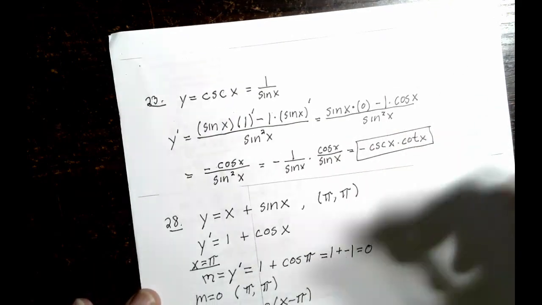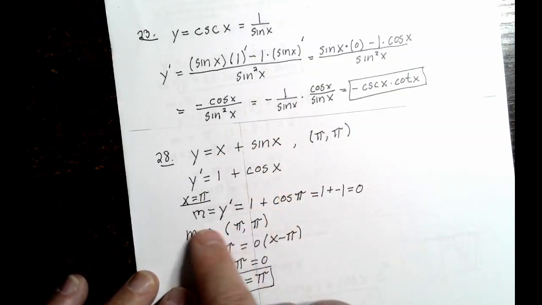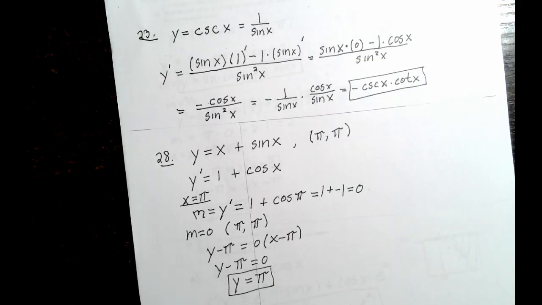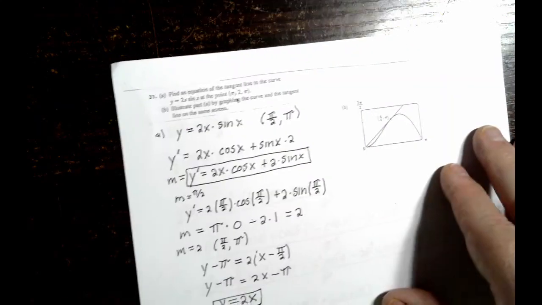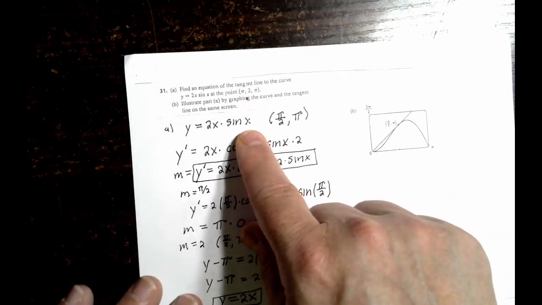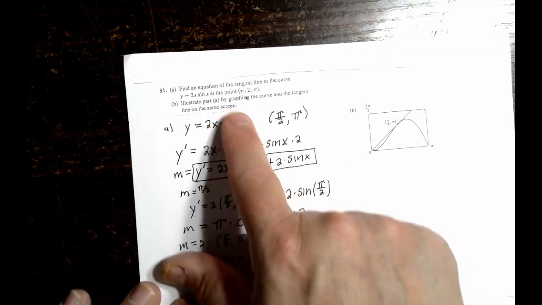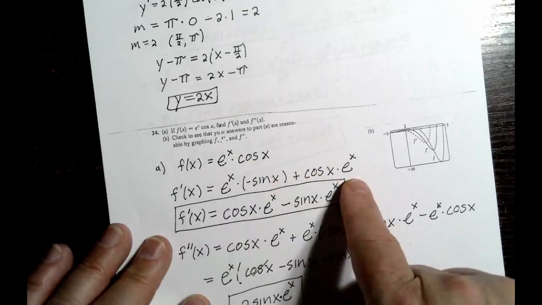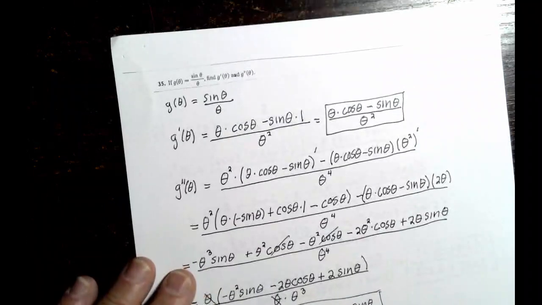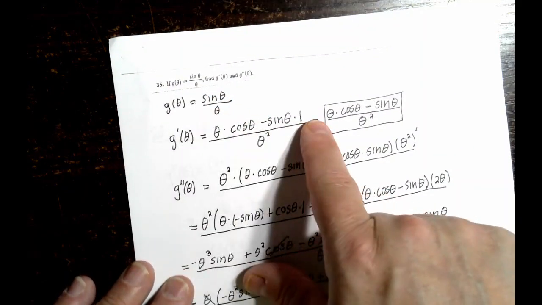You got this guy. Here, when you take the first derivative, you get 1, and you get cosine, and now you can plug in pi for x and get your slope, and use that slope with the 1 point to find your equation of a tangent line. To take the first derivative here, you're going to use the quotient rule, or product rule. First times derivative of the second plus the second times derivative of the first. Product rule here, first derivative of the second plus second derivative of the first. Quotient rule, the bottom derivative of the top minus the top times derivative of the bottom over the bottom squared,